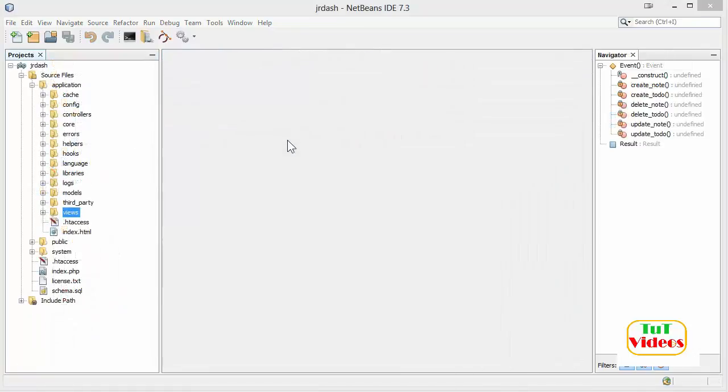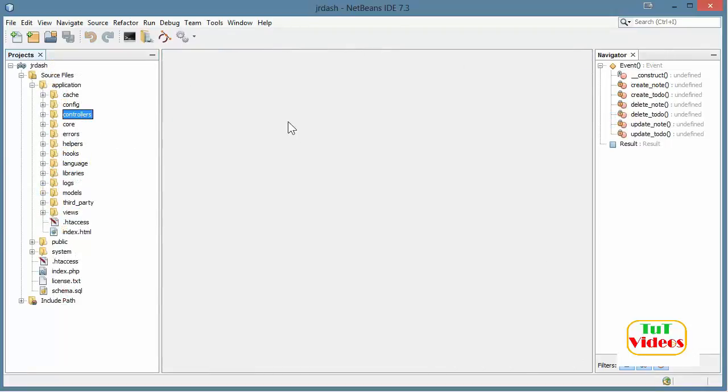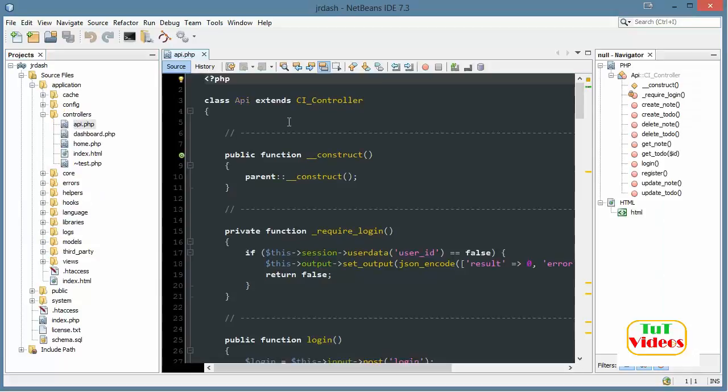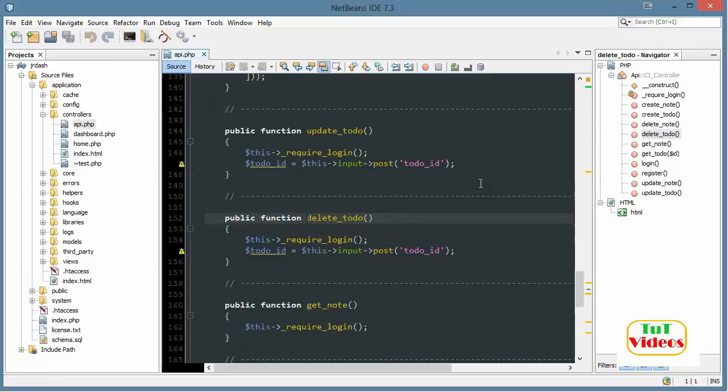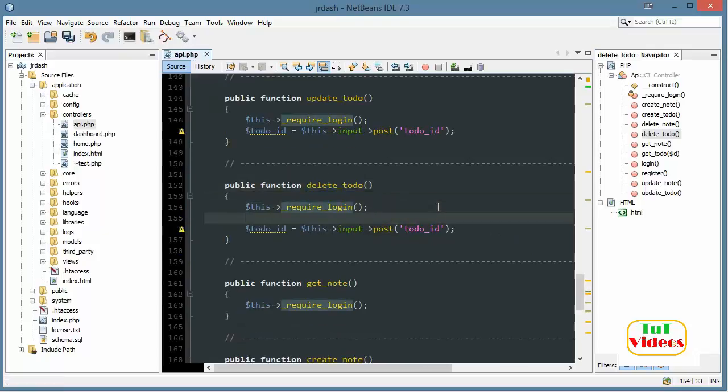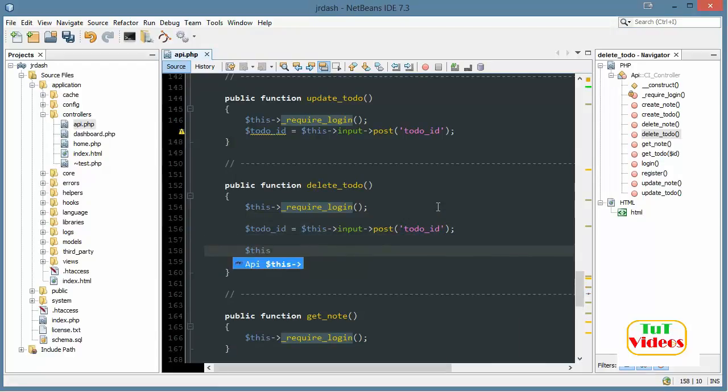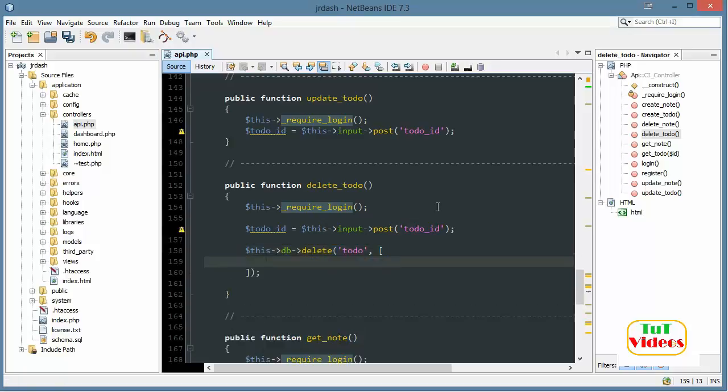In this video, we're going to learn how to delete through Ajax. So first, let's head to our controllers and API, and let's go to delete to do. Okay. And what we're going to do is, we have the to do ID here. It looks like we'll do a this db delete from to do where to do ID equals this input post to do ID, and we also want